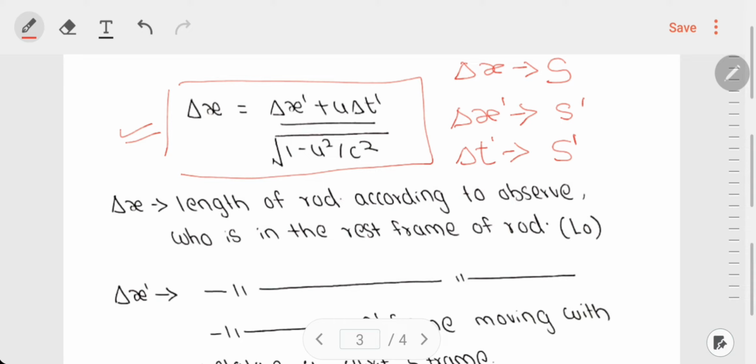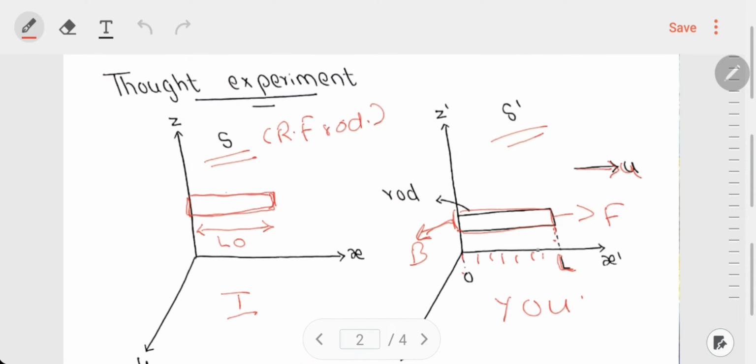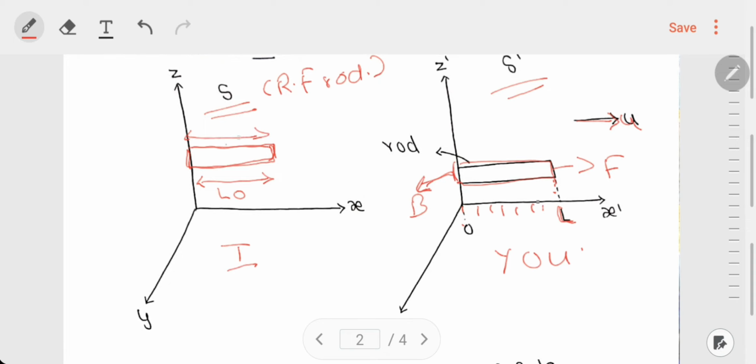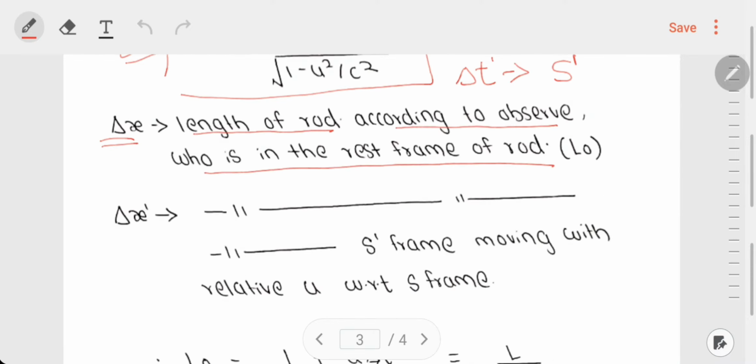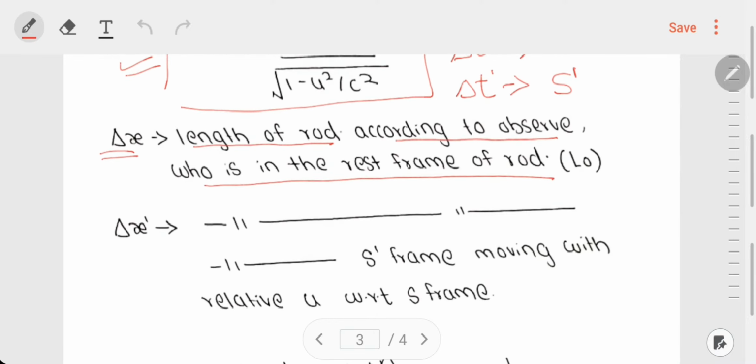Okay, so del x, I can say that it is the length of the rod according to the observer who is in the rest frame of the rod. So this is the rest frame of the rod and I can say that this is del x, this event of observing front end at L0 and the rear end at origin. I can say that the spatial difference between these two events is del x, which is equal to L0. Similarly, del x prime can be said to be the length of the rod according to the observer,